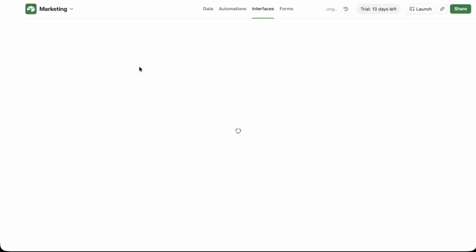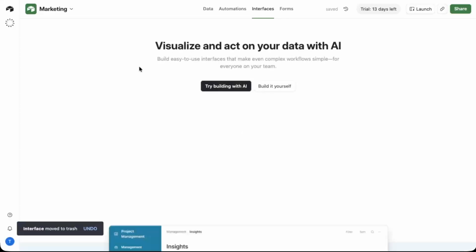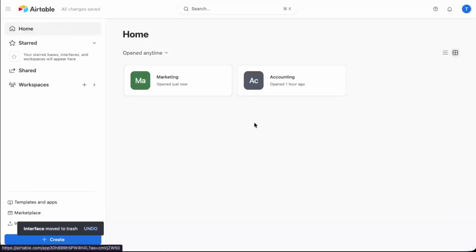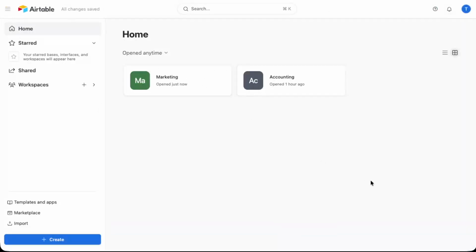Once you confirm, the interface will disappear from the list. That's it. You've successfully deleted an interface in Airtable. If you have more interfaces to clean up, just repeat the same process. Open interfaces, hover over the one you no longer need,